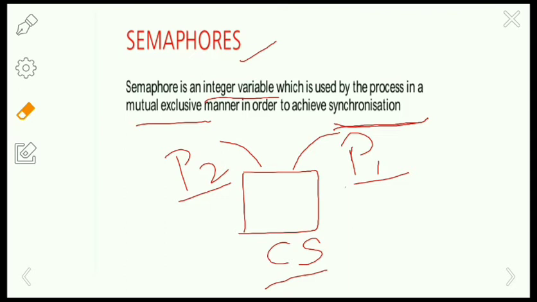Here the two persons are accessing the same bank account at the same time, so there will be inconsistent or inappropriate data, like crediting more amount or debiting the amount. So that's why we are going to use semaphores here.